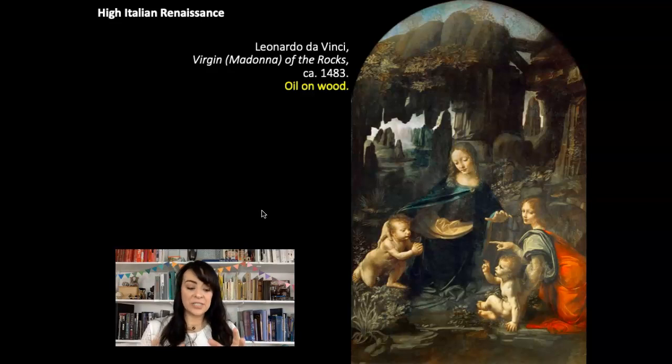Oil paint, which is pigments mixed in a binder of oil, typically walnut oil or linseed oil. Oil paint had been invented and was widely used in Northern Europe during the Renaissance, but not really taken up by Italian Renaissance artists. However, Leonardo saw the benefits of oil paint, and he would widely use it in his work. What are the benefits?